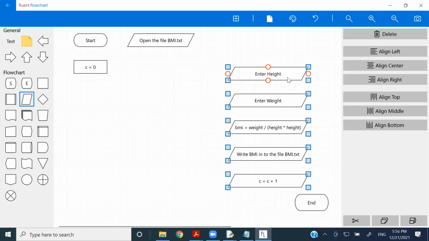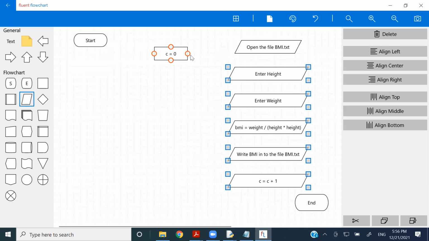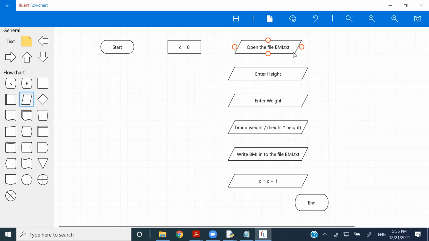So I'm going to take these things down. I'm moving this one a little bit to this side. So yes, I start, C becomes 0, and